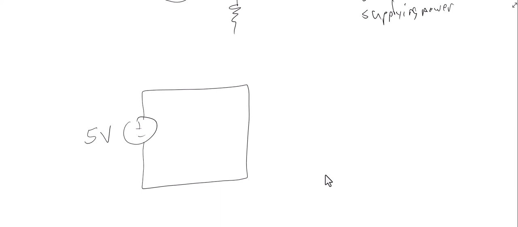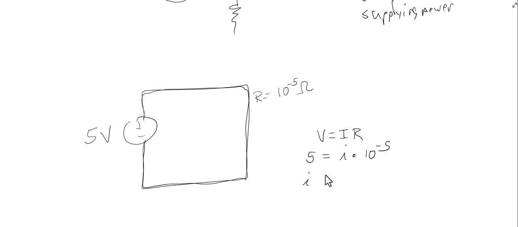Well, there will be some resistance, but it will be really, really small. And so let's just say the resistance of this wire is 10 to the -5 ohms. Okay, so then if I use Ohm's law, V equals IR, 5 equals I times 10 to the -5,